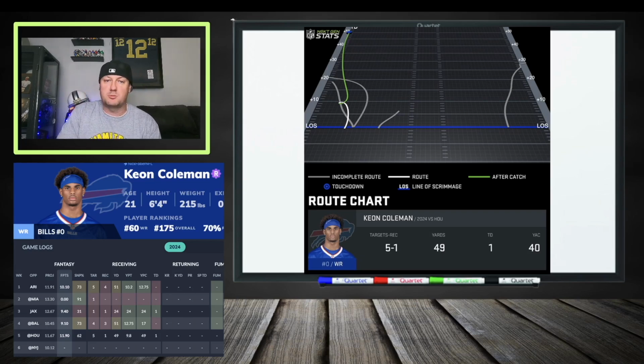We're looking at Keon Coleman as more of a volatile player. If you don't know what volatility means, it means that there's going to be a lot of games where he's going to be down, but there's going to be random games where he just spikes up with a lot of fantasy points, and then a lot of games where he's on the down. A lot of times people don't like those types of players,